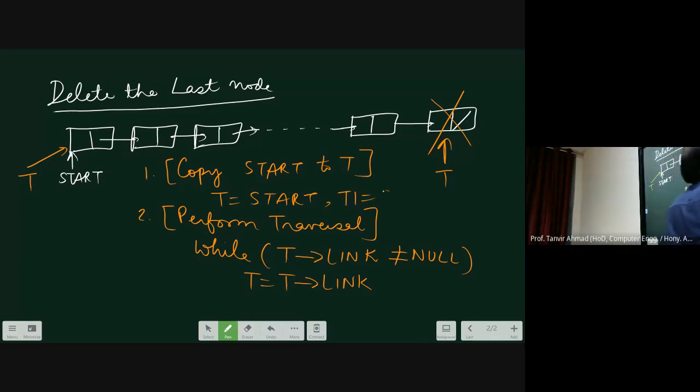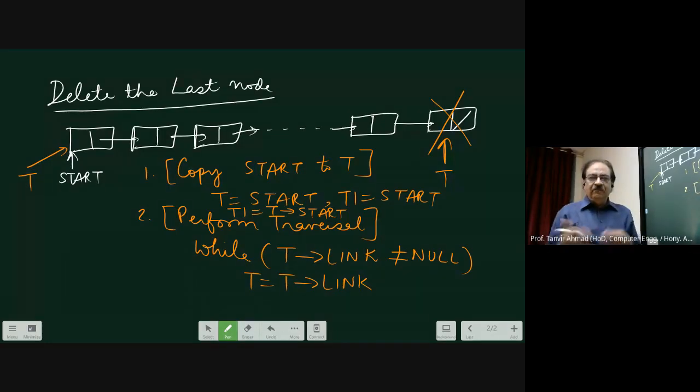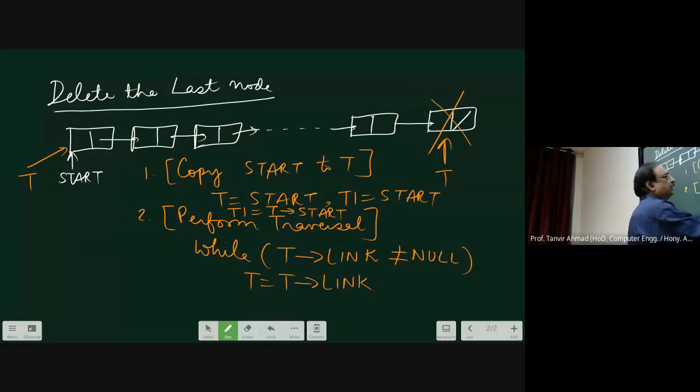T1 is equal to start, and before this, I will say T1 is equal to T of start. What will happen? T1 will move one forward, and T will remain one back, one before that. That means you can do both ways. Either you move T of one, or you move T, any one of them will do. And then you are going to perform the traversal. No, let us write it like this. Maybe I will write T is equal to T at the start.